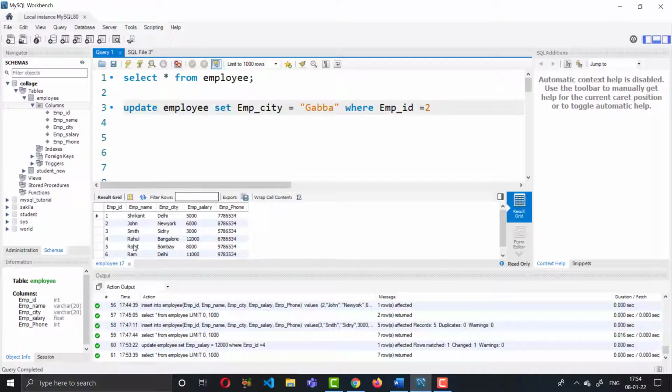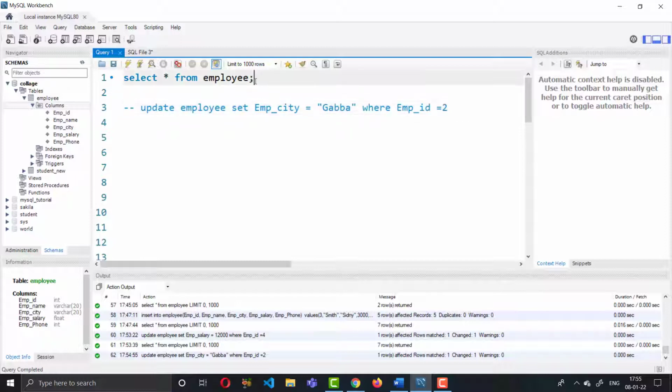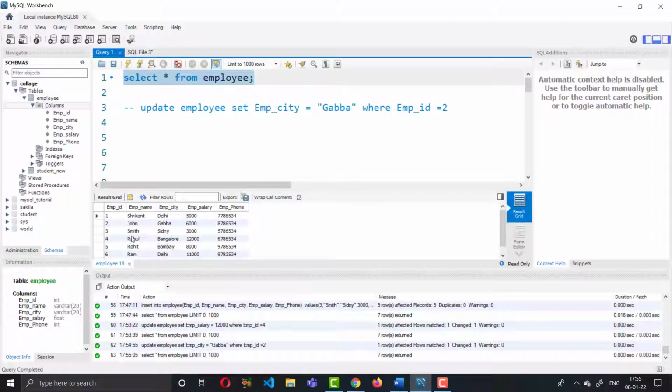Okay, so now Sydney will be replaced with Java. So it will become Java here. Okay, so run that cell, select, and okay, it is saying that one row was affected. So let's see whether it is working or not. So if you see that,